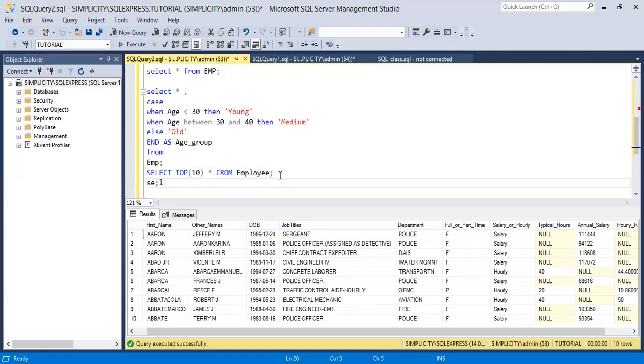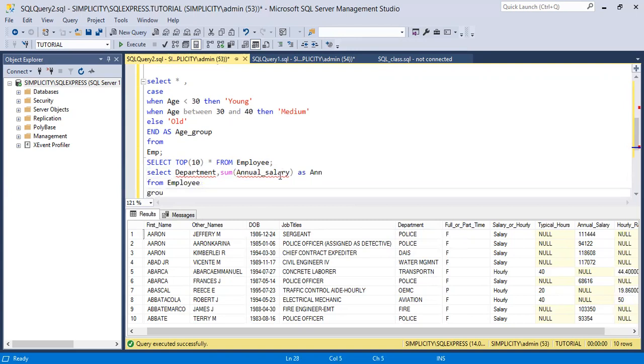Let's say select department, comma, sum annual salary as ANN from employee,